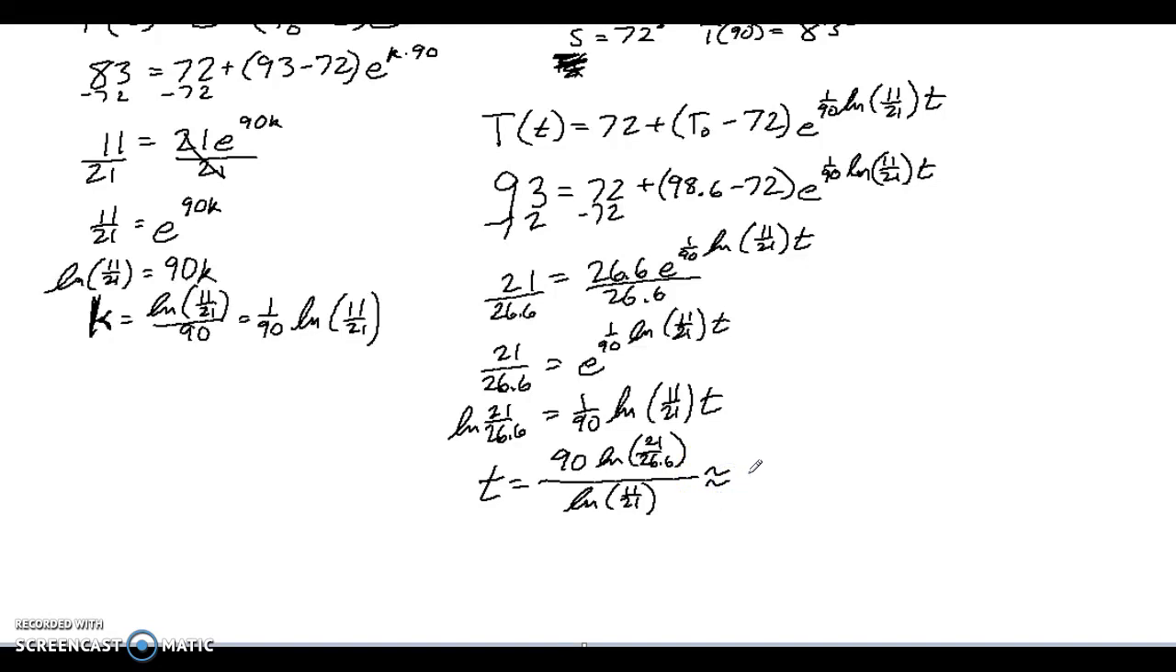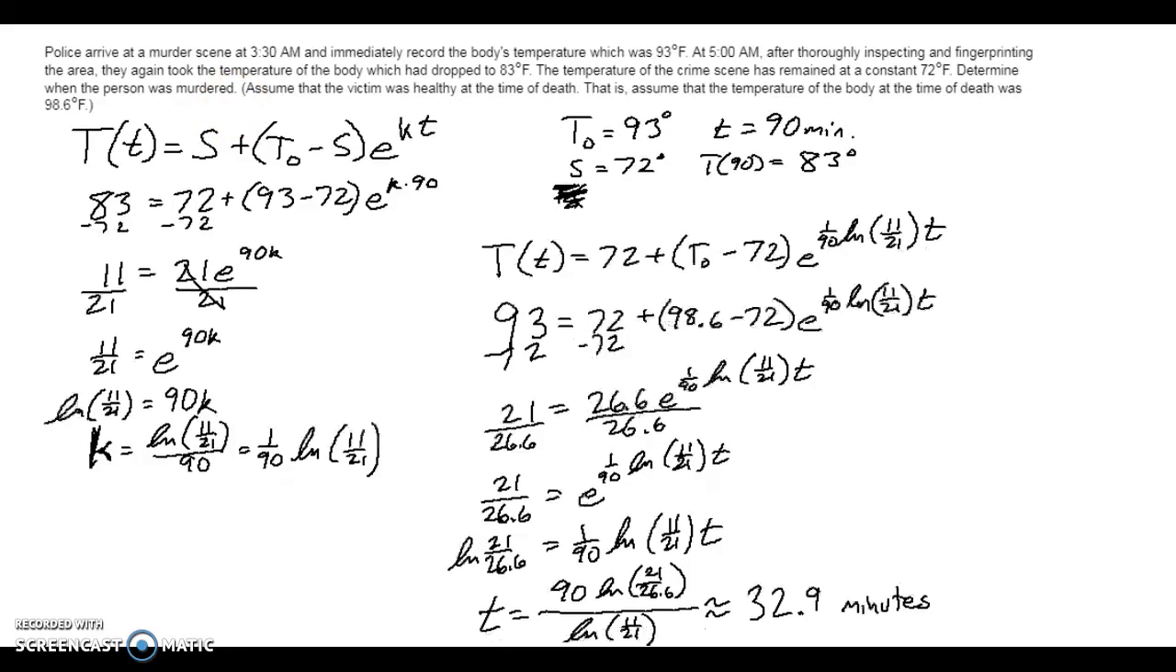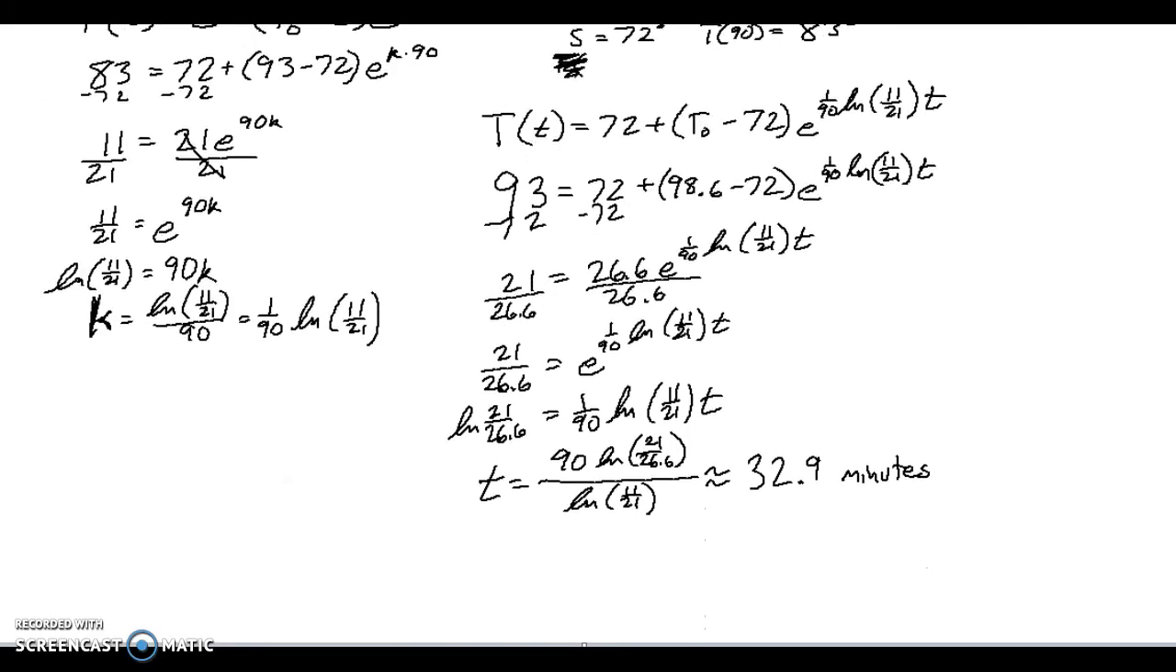And then when we plug this all into our calculator, if we are careful, we get about 32.9 minutes. Now let's check the question. It asks us to determine when the person was murdered. This 32.9 minutes says that it took about 32.9 minutes from the time of the murder until we made that first measurement. Well, time, we aren't going to deal with that whole 0.9, so we're actually going to say 33 minutes ago. So the person was murdered